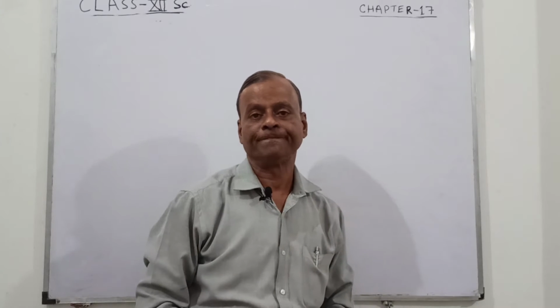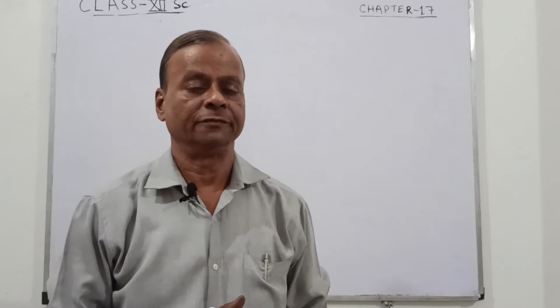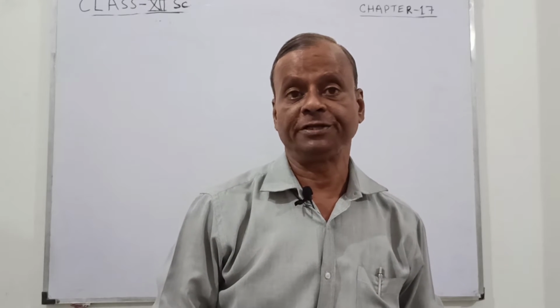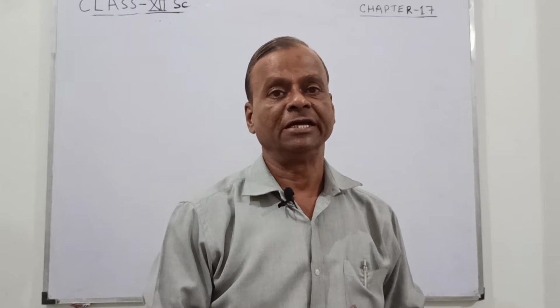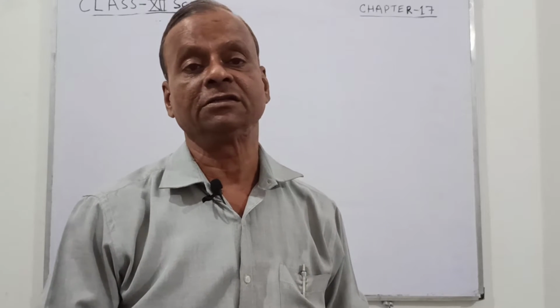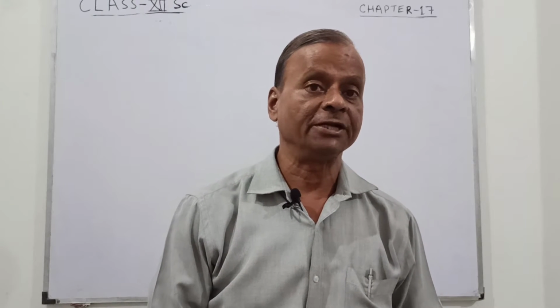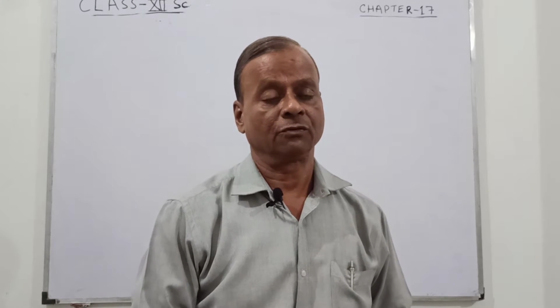Hello students, I have told you about the rectification of the AC and what output is obtained, that is the fluctuating output, because the direction is not changing but the amplitude is changing. So we are not getting the DC of constant amplitude. So just to obtain it, we want to have the constant